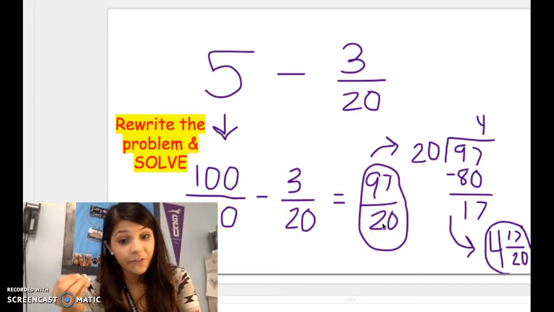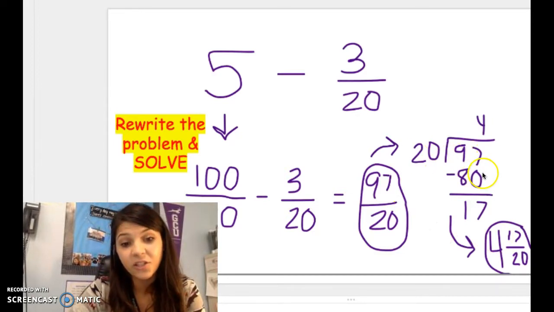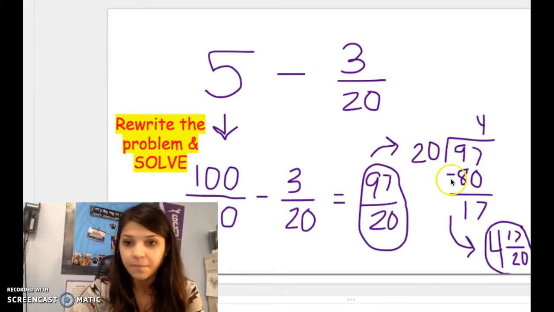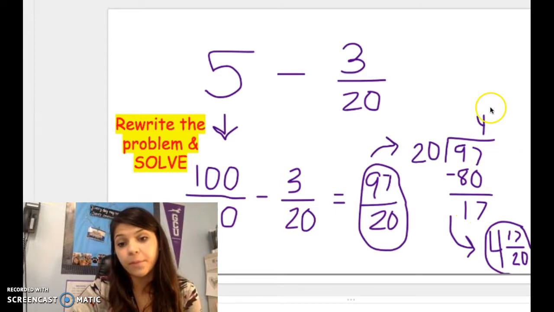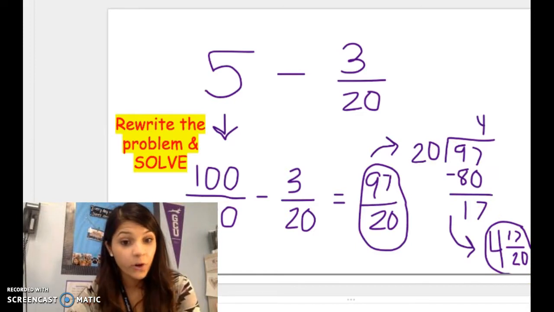But that's an improper fraction, right? So I have to convert that fraction by dividing it into itself. So 97 divided by 20. I know it goes in 4 times, so I have 80 with the whole number 4, the remainder 17, and 20 at the bottom. So my answer for this one should be 4